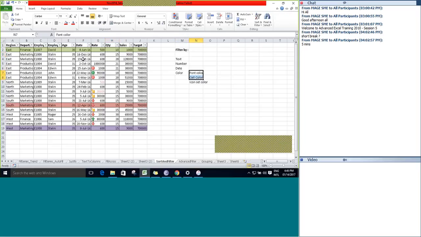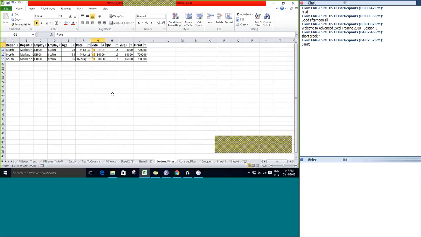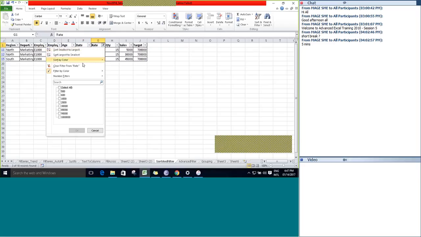So this way you can play around with the date filter, and the final filter is going to be the color. The color filter can be done with 3 different types: font color, cell color, or icon color. Let's go with the Rate filter by color. So you can see filter can be done by cell color. 3 different cell colors are available and 1 font color type available, and there are 5 different cell icon types available. If I go by this, based on the icon set color, the rate is filtered and displayed to the user.